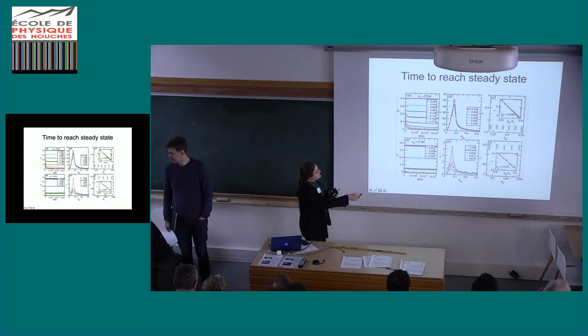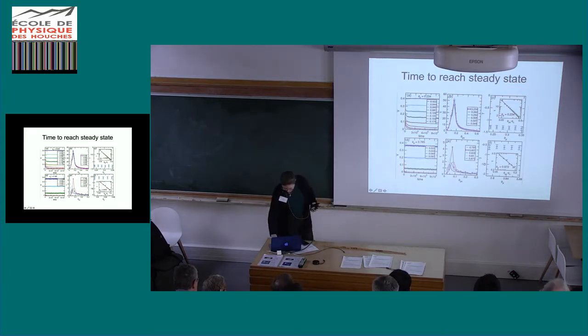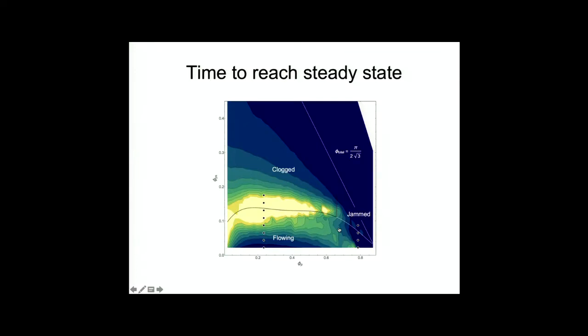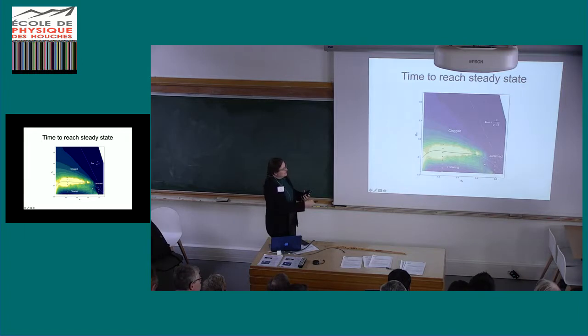This is the density where that line is occurring, and this is a lot of data collapsed together. But if you're coming from either side, from here or from here, it takes longer. If you're in here, it takes a really long time for you to decide whether the system is going to keep flowing or not. So it does start to depend on how long you've run your simulation.